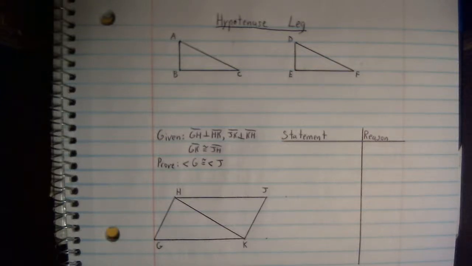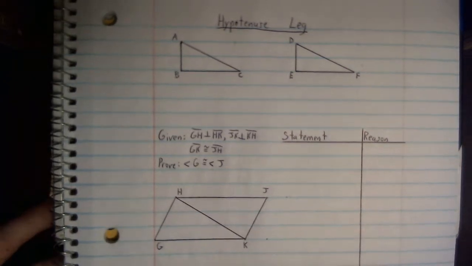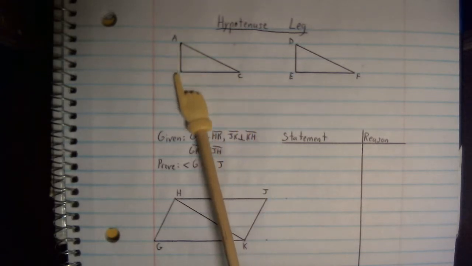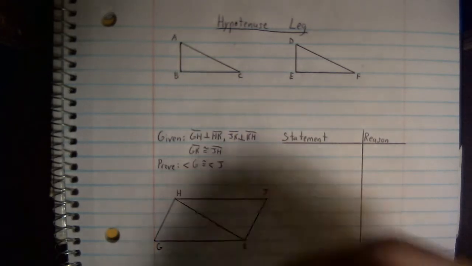Alright, everybody, we're going to talk about hypotenuse leg today. Now, hypotenuse is specifically a part of a right triangle. So for these to work, we must have a right triangle, which means we must have a 90-degree angle. Well, if I check out what I have here, I notice I have what looks like a 90-degree angle